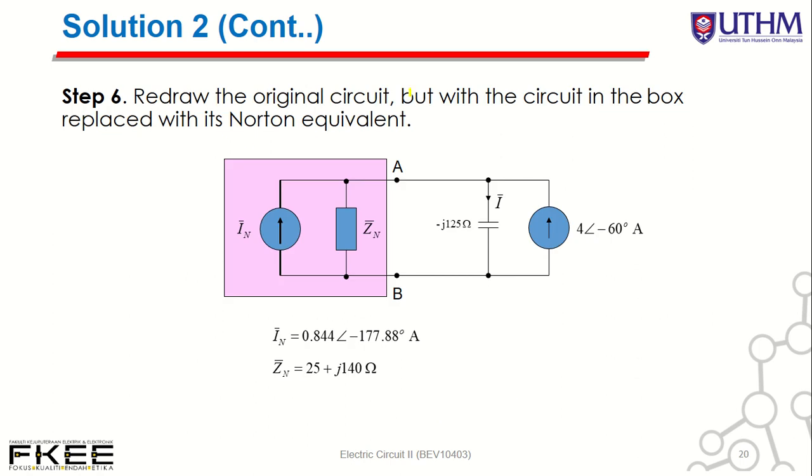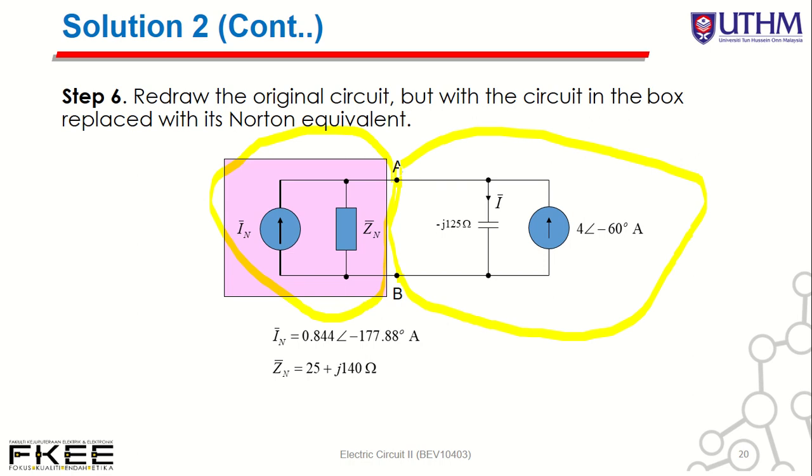Next, you can draw the original circuit. You have a Norton equivalent circuit connected to the points A and B, so points A and B are connected to the original circuit. What you want to determine is I. How to determine current? Now you have a simple circuit, and you can easily determine current by using